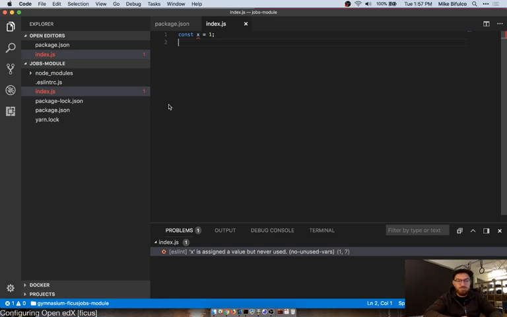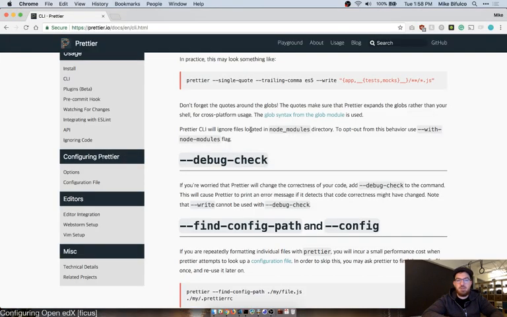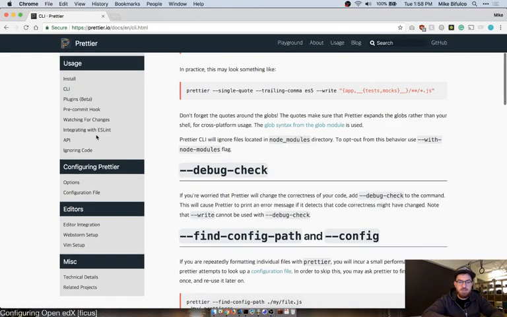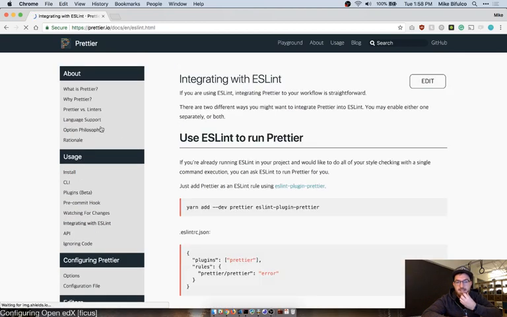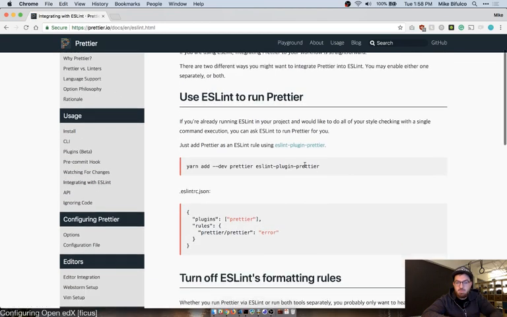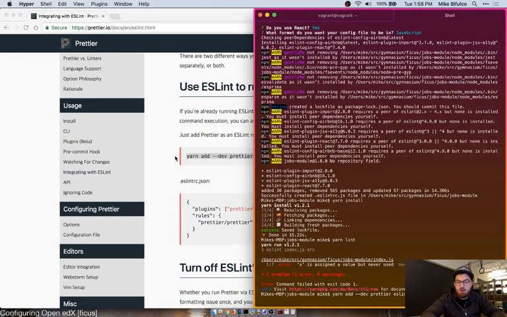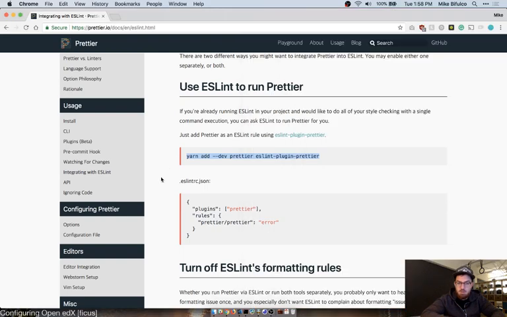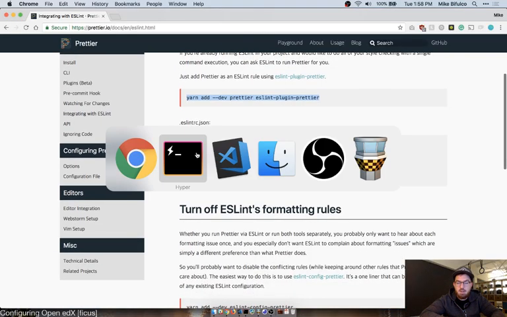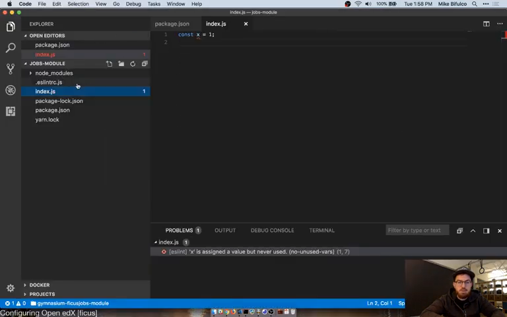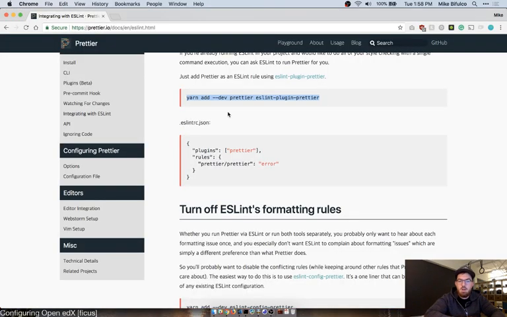That's very good too. Now I need to go back to Prettier and follow the instructions they were saying to integrate with ESLint. So I have to add the plugin for Prettier. And in my ESLint RC, I want this.